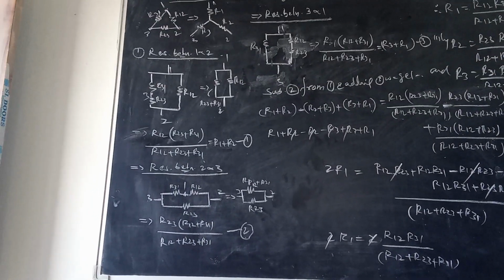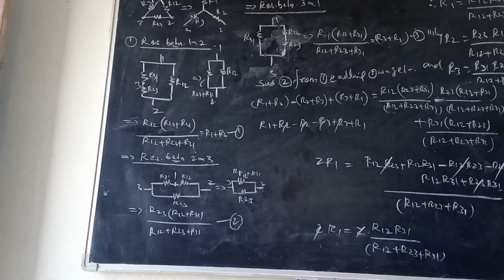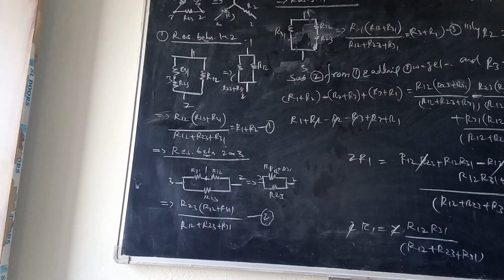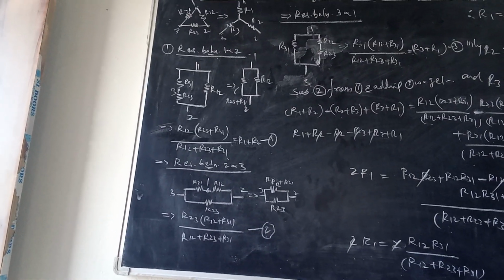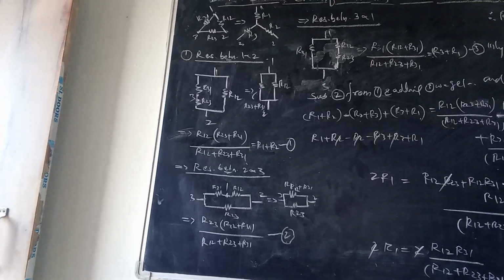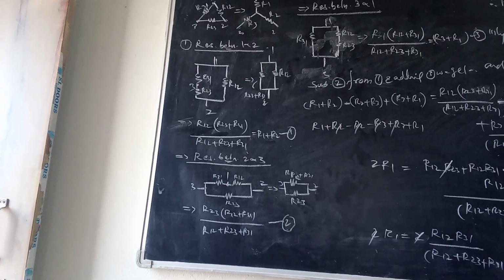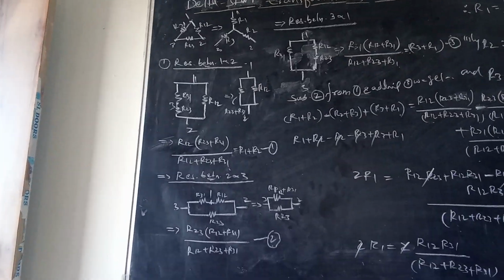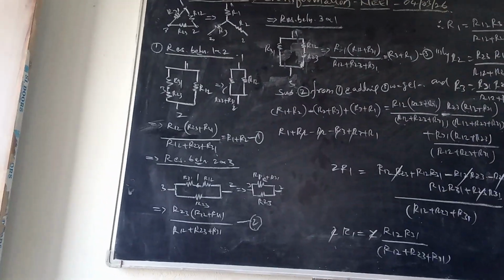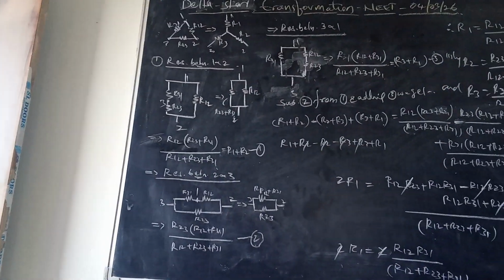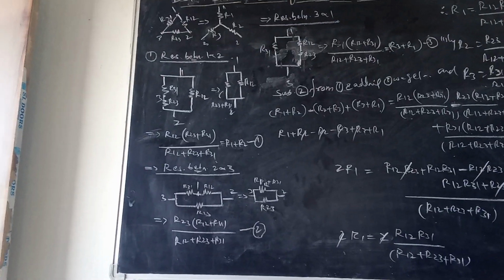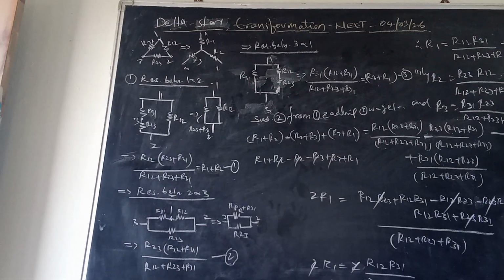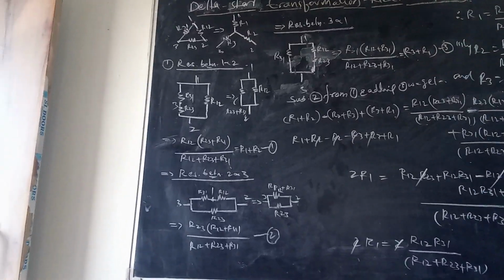And the last, the resistance between the points 3 and 1, that gives you stretching 1 and 3. On the left hand side you will get R31, on the right hand side 1 and 2, R12, R23. So again both are added, R12 plus R23, and R31 will be outside the bracket, in the denominator the sum of all three, equal to R3 plus R1, is equation number 3.